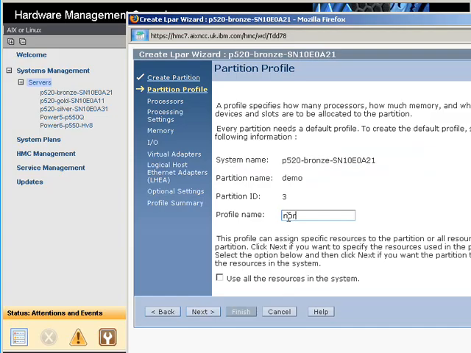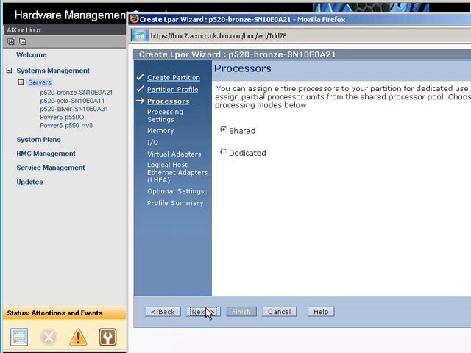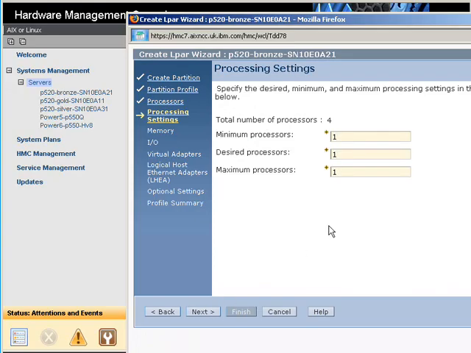Profile name. This is more important in Power 4 days, but we can have different profiles with different resources in them. Look at dedicated CPUs first of all. Here we say how many whole CPUs we actually want to put into our logical partition. This 2 CPUs are given to this logical partition,